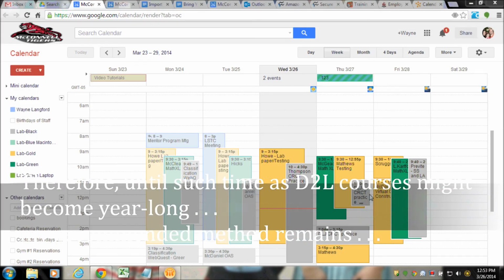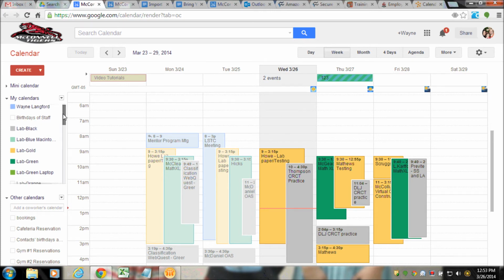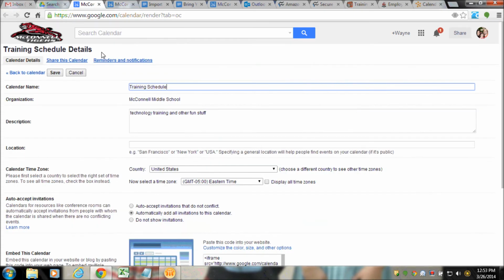Okay. So what method then do I recommend? Well, the initial way I shared to bring your Google Calendar into D2L still remains the way that I recommend, because once you set it, you can truly set it and forget it. So to do that again, we find our homework calendar. In this case, I'll use a training schedule calendar here. We go to our calendar settings,